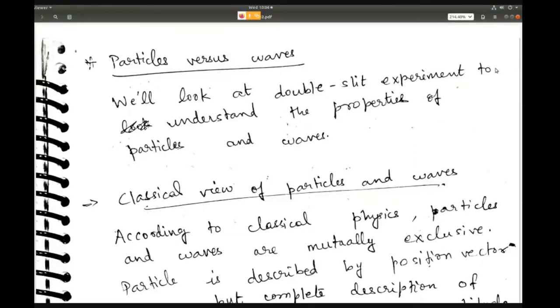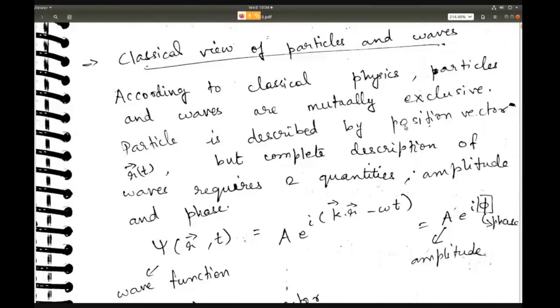All right. So for a classical particle, the quantity you need to know its trajectory of motion or anything would be the position vector. If you know the position vector at any time t, then you have the complete description of the particle, because then you know where it is. You can also calculate its velocity if you know the position vector at two different times, and so on.